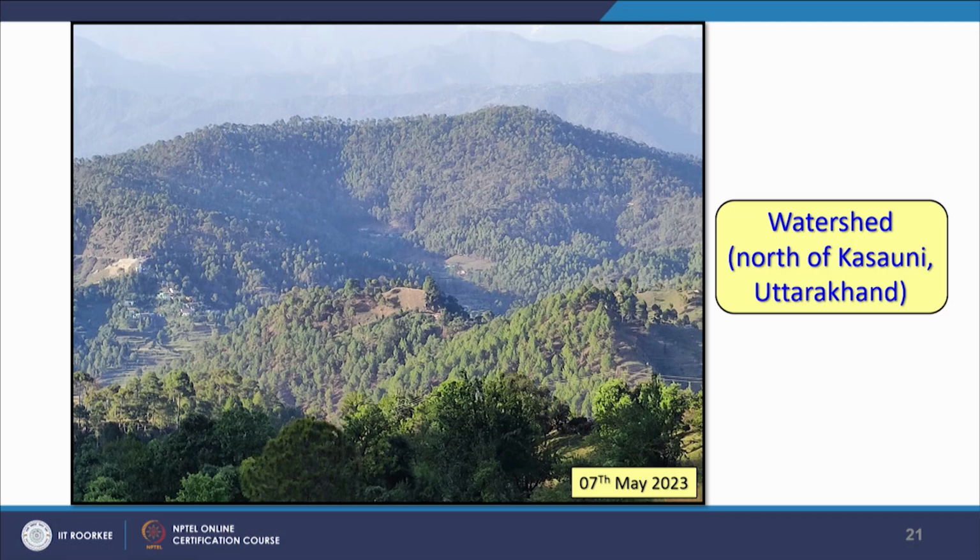Anyway, this is an example, a photograph taken very recently by me from the roadside, and as you can see, the watershed boundary can even be seen in the field like this. This is near north of Kausani in Uttarakhand. Sometimes from certain locations you can immediately mark these things. Now, this is a completely forested area, but if you see very carefully, inside there are agricultural lands and villages. Though it is a small watershed,